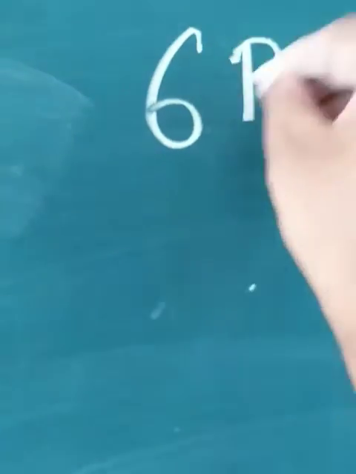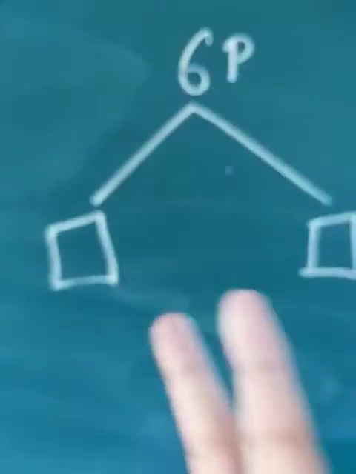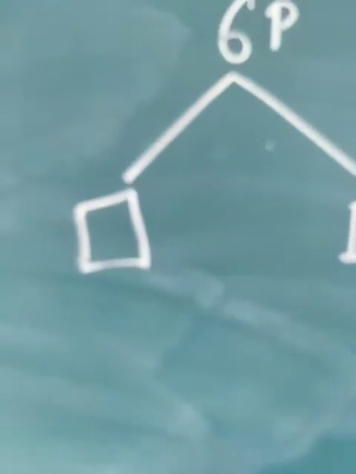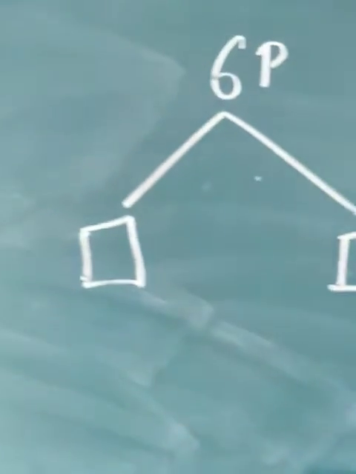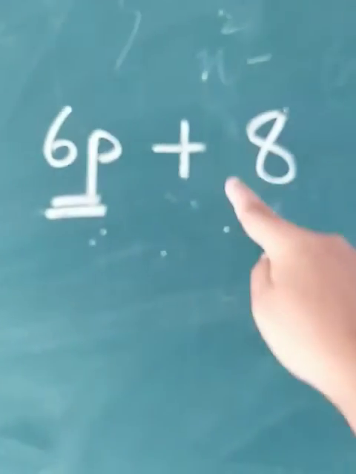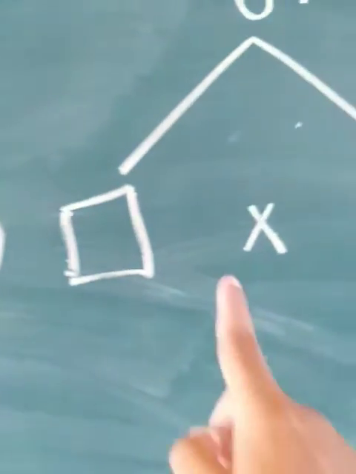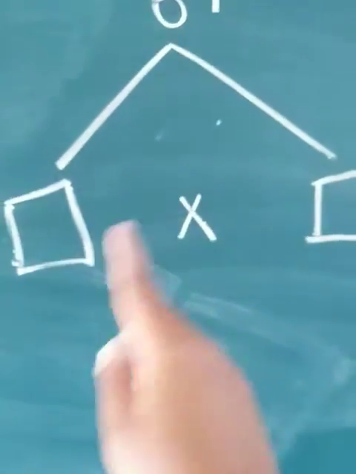First of all you will write it down, that is 6p. Now just split it up like this, just give 2 blanks. Now you have to choose 2 numbers. The first condition is that you have to choose 2 numbers whose product would be 8. You see, 8. So you have to multiply, this is the first condition. You have to choose 2 numbers whose product should be 8.